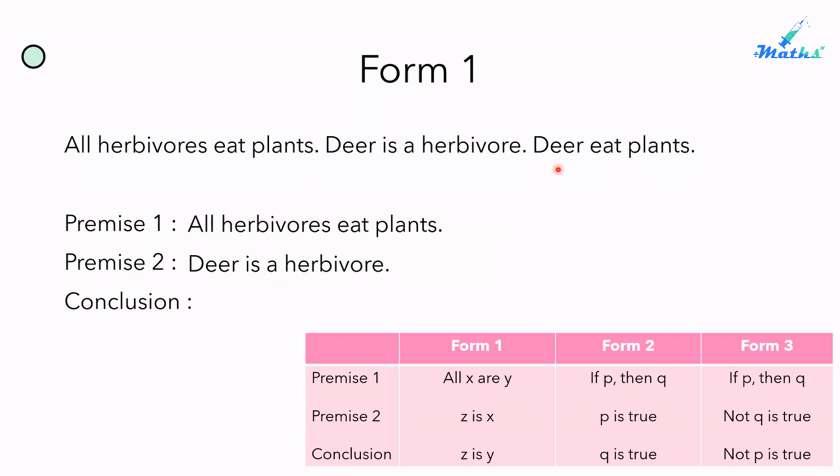And the last is deer eat plants. So the plant is Y. See here, Y. Deer is C. So you can put this statement in the conclusion. It's easy like this. So next